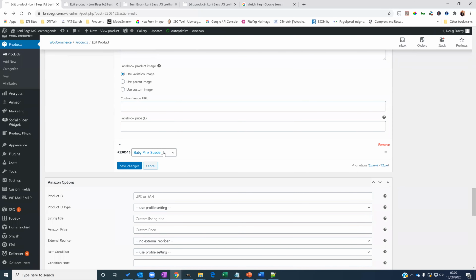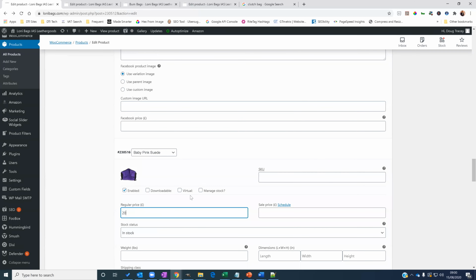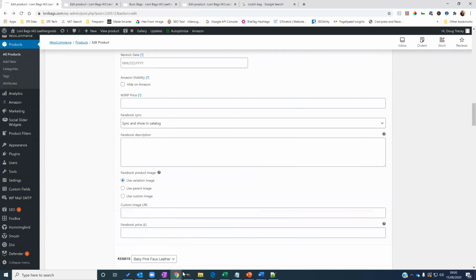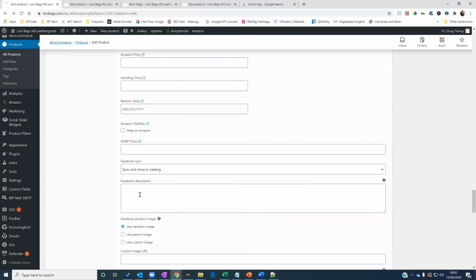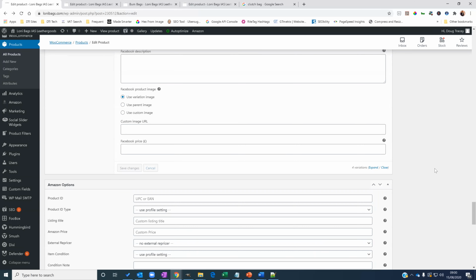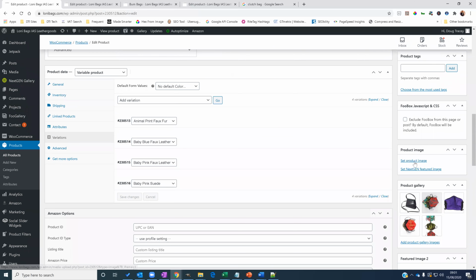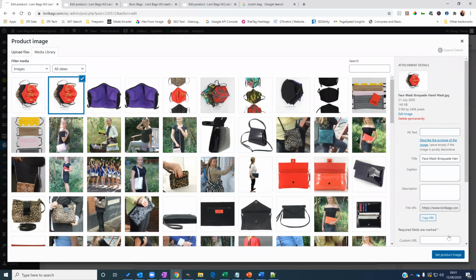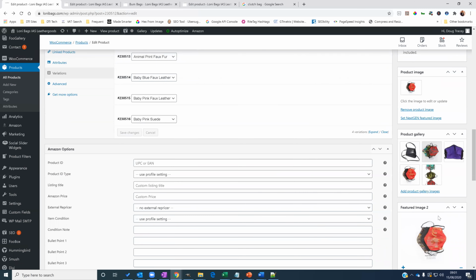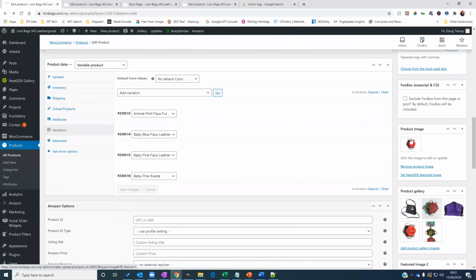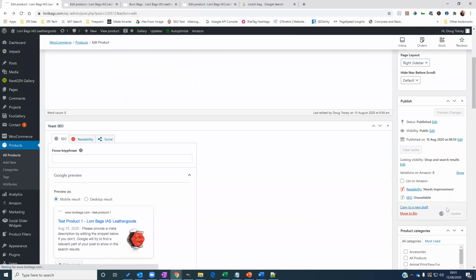And then click Save at the bottom. Down here, Save Changes. So we'll set the product image as that one as well, which is the main product image for that section and the gallery below it. So in fact, we'll remove the featured image because it's not the right one. So it's basically the product image and you've got the variations product gallery below. So if I click Update on that,